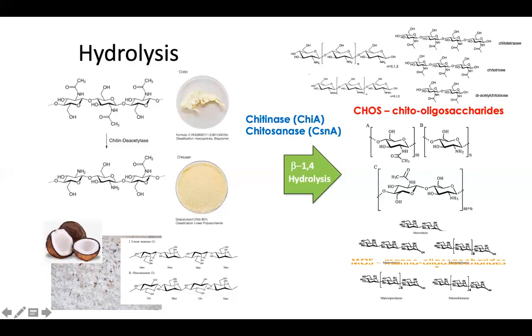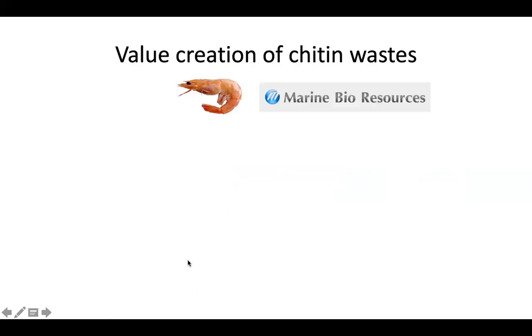All right, but if you cleave it with the enzymes, you will get manno-oligosaccharide or MOS, and that can be done by the enzyme called beta-mannanase. So in my laboratory, we are working with basically three enzymes: enzyme chitinase, which cleaves chitin; enzyme chitosanase, which cleaves chitosan; and enzyme beta-mannanase, which will cleave the 1,4 glycosidic bond on the mannan. All right, so how do you use these enzymes to create